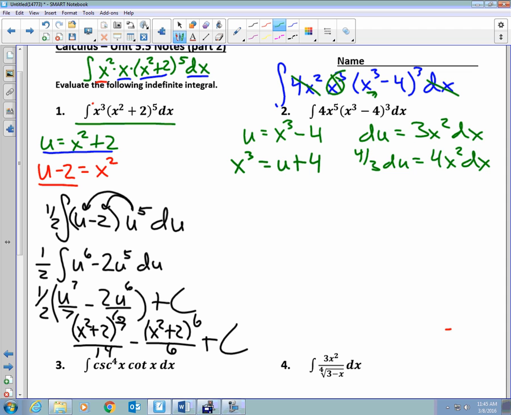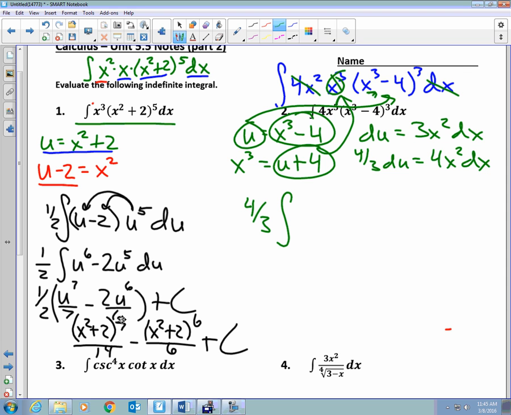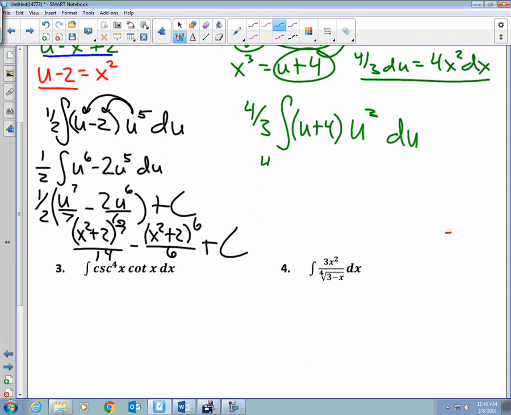u plus 4. So this piece is going to go in right there. This u is going to go in right there. So I end up with 4/3 times the integral of, instead of 4x squared dx, we have 4/3 du. Instead of an x to the third, I have u plus 4. And instead of an x to the third minus 4, I have a u, and it's to the third power. Okay? Distribute your u to the third, 4 over 3 times the integral of u to the fourth plus 4u